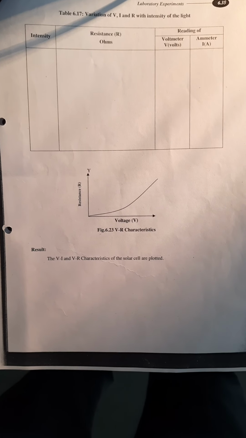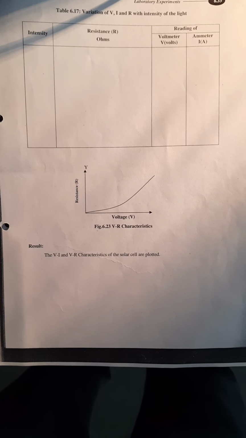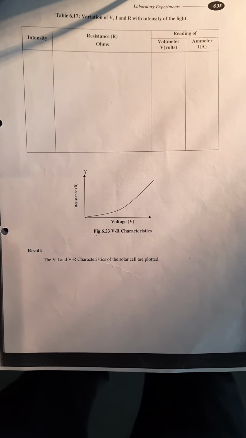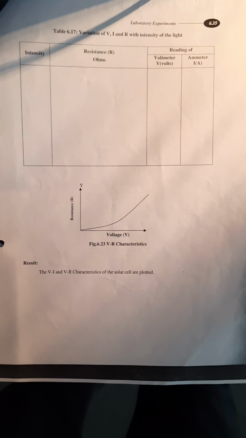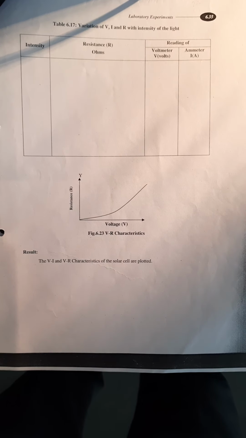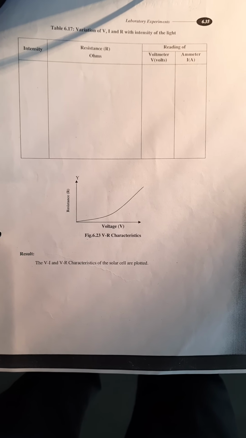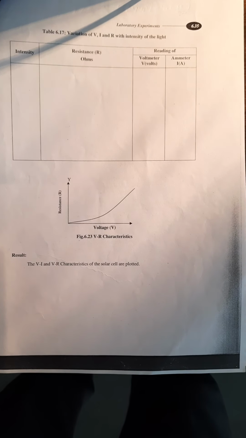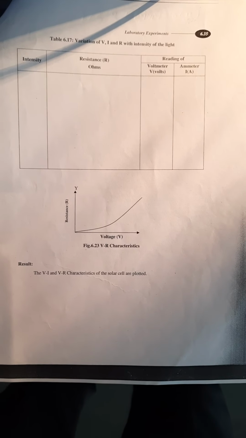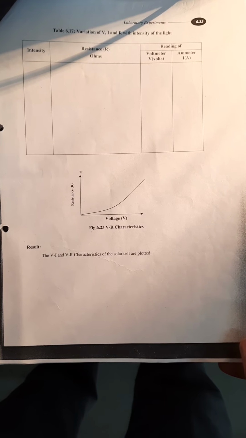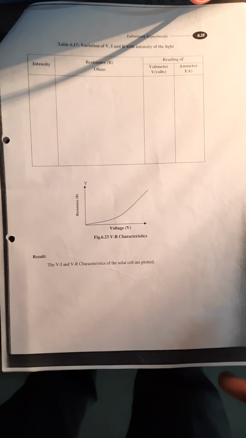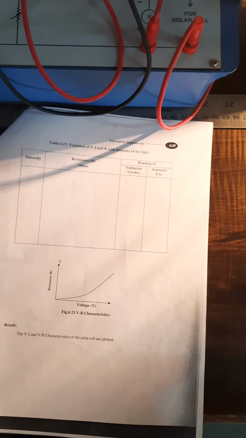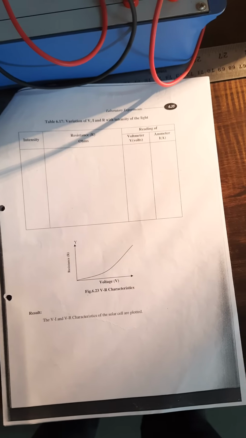If you have all the values, you can note the intensity as x, y, z. We are not changing the intensity, that is why we keep it fixed. At this fixed value of intensity, varying the resistance, we have different values of voltmeter and ammeter readings, and the corresponding model graph of VR is also displayed here. So like this you can plot the graph between V and I, and V and R. That is the characteristics of the solar cell, the VI and VR characteristics. Thank you.